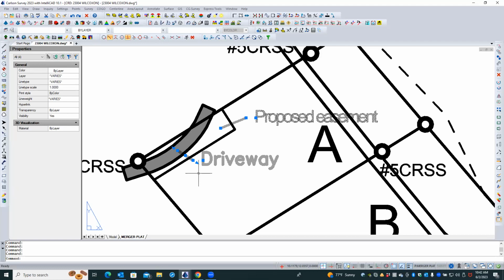The one advantage to putting annotation in paper space is that you can go over the edges of viewports. You're not going to cut your text off. You can span across the edges of those things. So, but anyway,